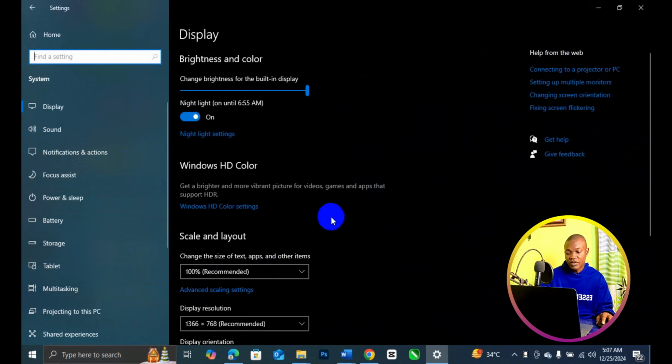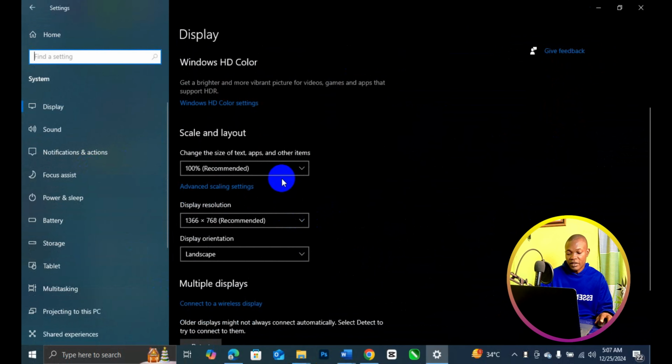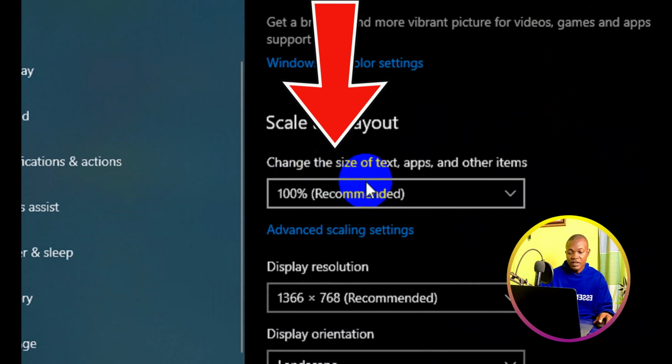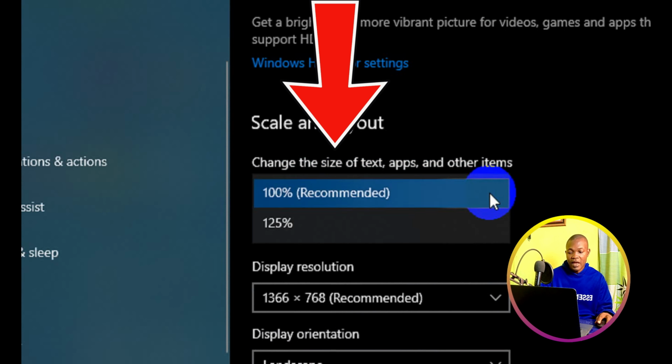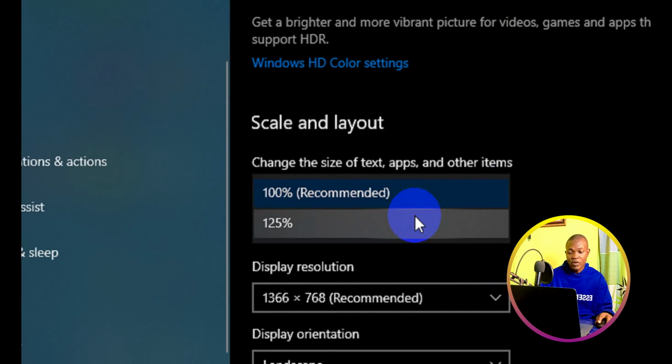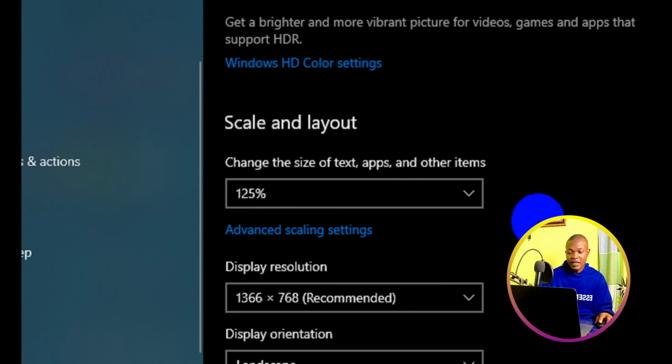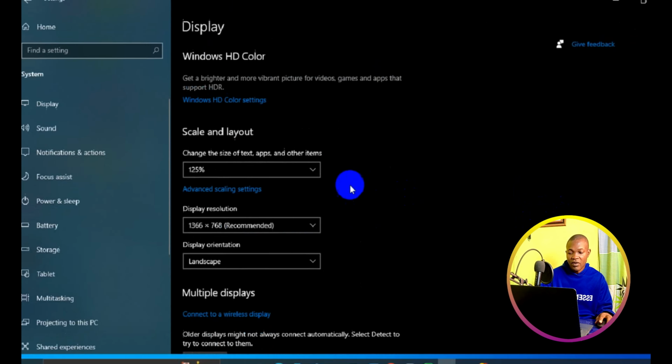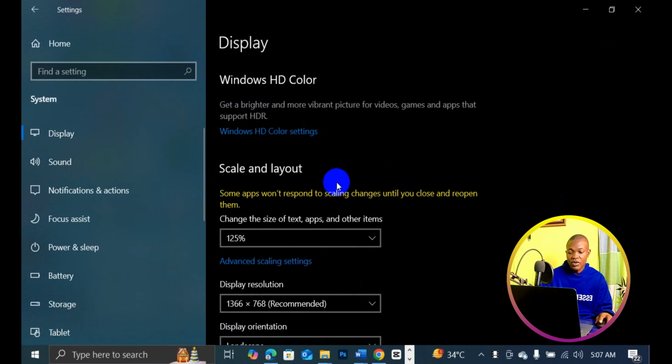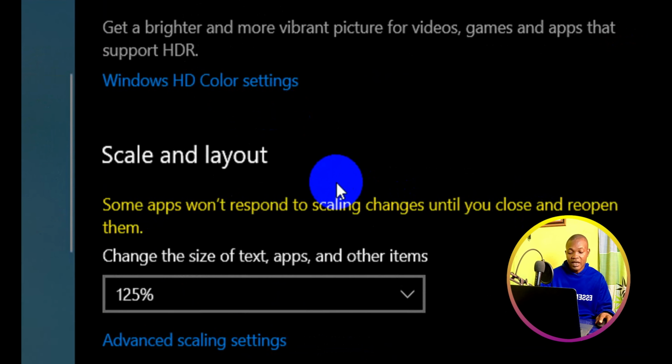Next thing you need to do is to simply scroll down. And then under where you have change the size of text, apps, and other items, click on here and then you can choose 125%. And immediately you choose that, all icons and everything is going to automatically increase and scale up, just like what